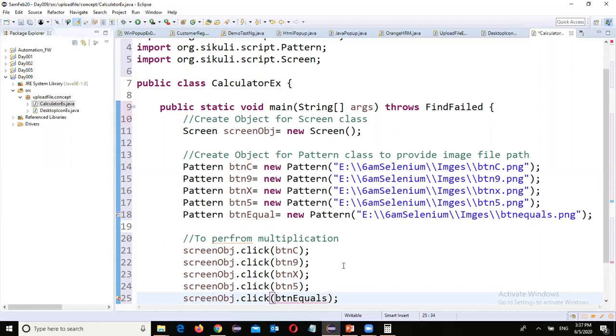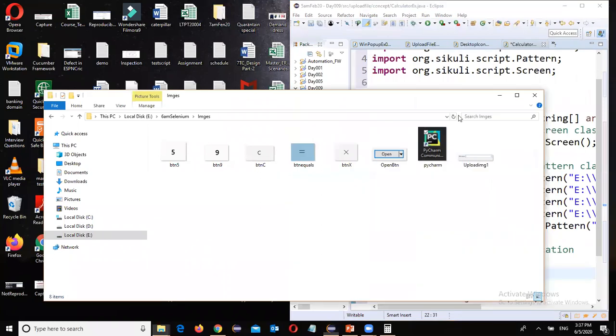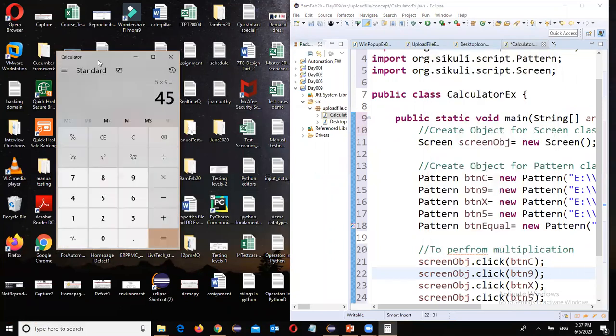But make sure whatever names you are giving, the things should be matched. And also the background color of the screenshot which you have taken, that also you have to match. But at execution time, make sure that the elements are available on your desktop, visible for Eclipse. The node is able to identify. If it is not visible, it won't perform the operation. Okay,